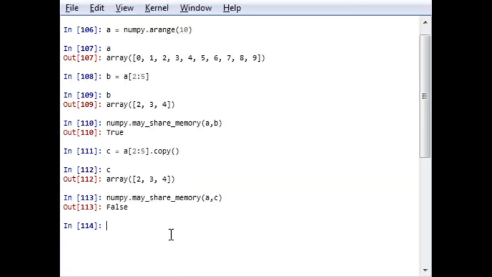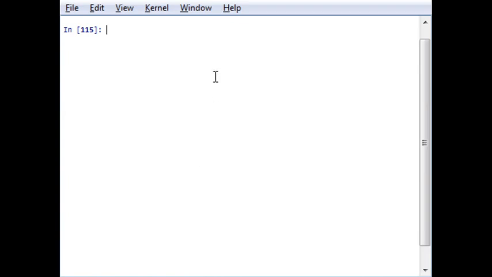Now, as you can see, first of all, let me clear the command window. Now I will generate an array A. So here I have generated cubes of the first 1000 numbers.